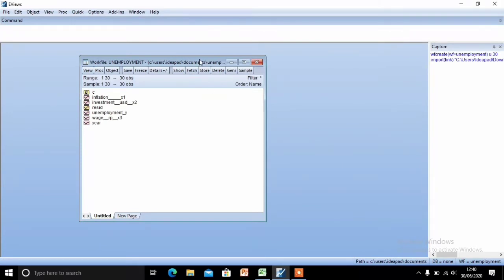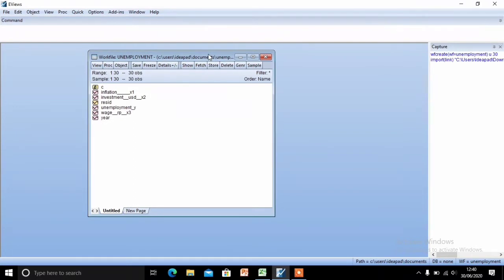After this we need to make an equation. Click unemployment, then press the Control button on your keyboard, and then click inflation, investment, and wage.